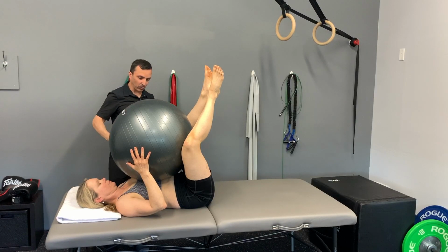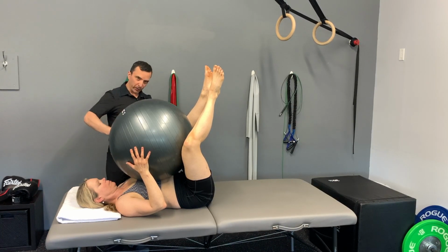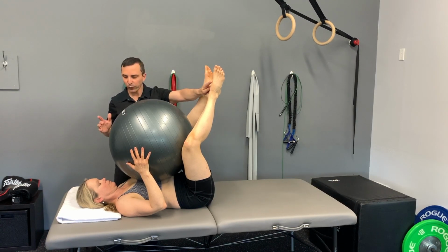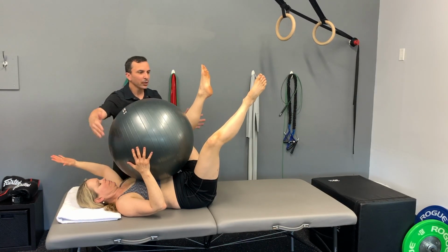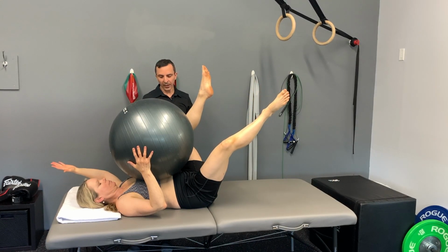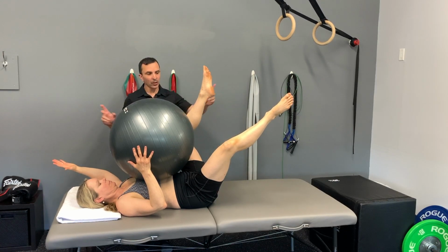She has already established her neutral position of her chest and her neck. She's pressurized her cylinder. Now, if she was to move this foot and the opposite arm, the contra extremities are going to be supporting the ball while she reaches. This is a great way to help maintain that neutral position of the chest and the pelvis while the